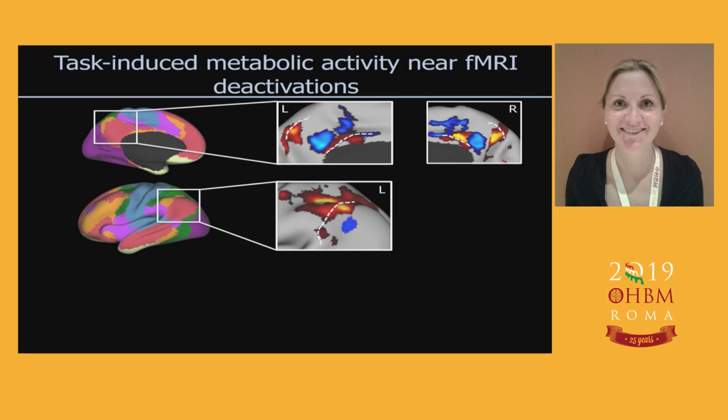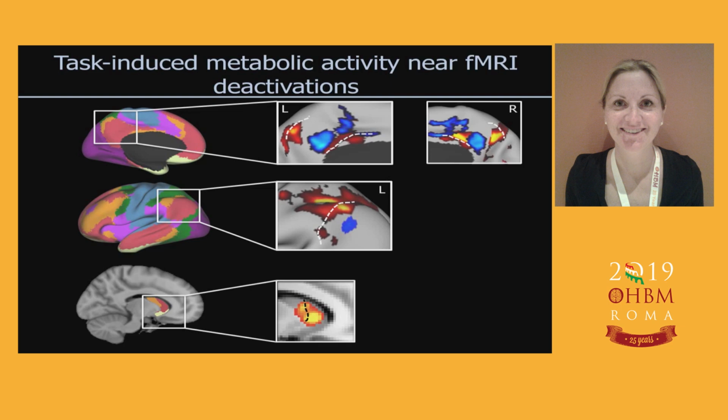And interestingly, we also see a similar pattern in the striatum, shown here in the volume, overlaid on the Yeo parcellation, corresponding to the seven networks, where we see high metabolic activity during the task in the dorsal caudate, but